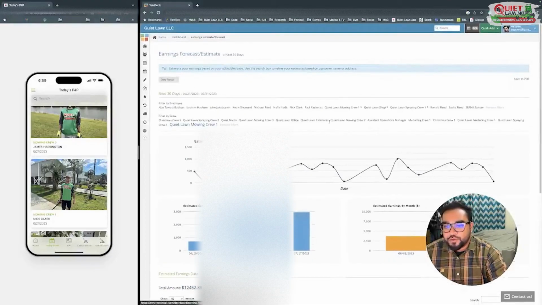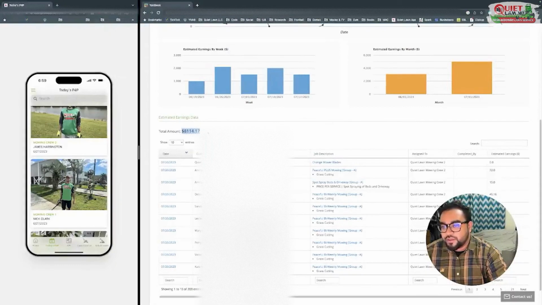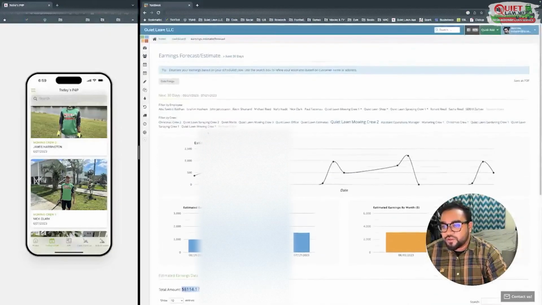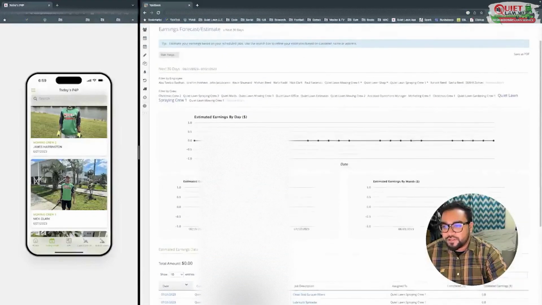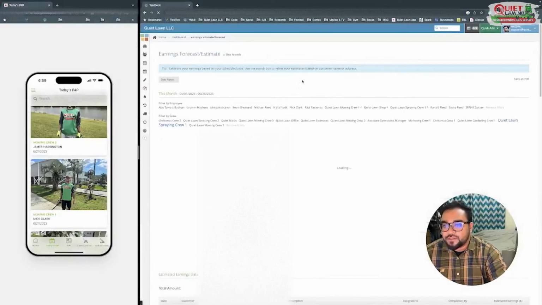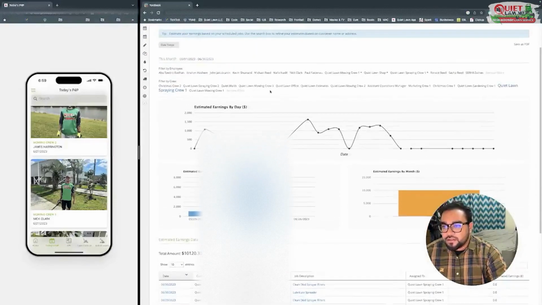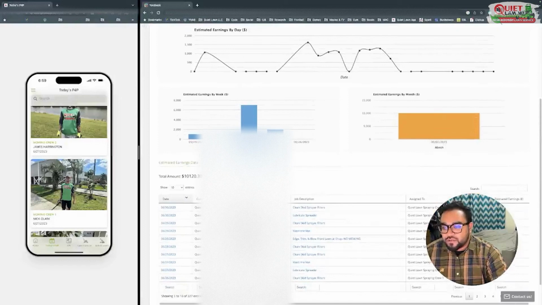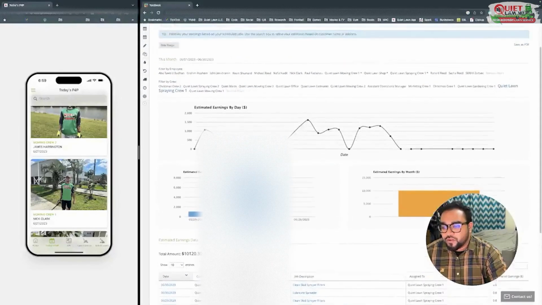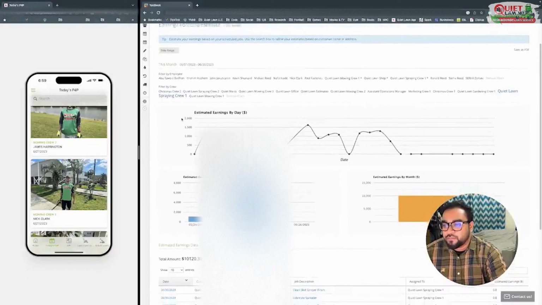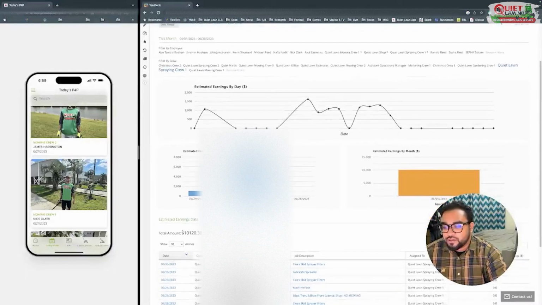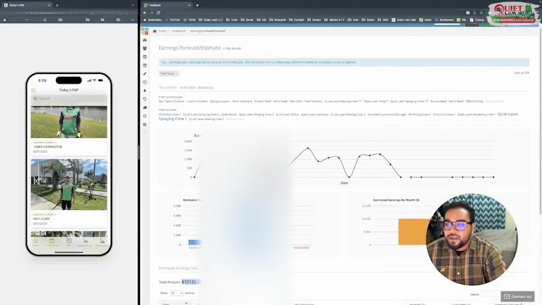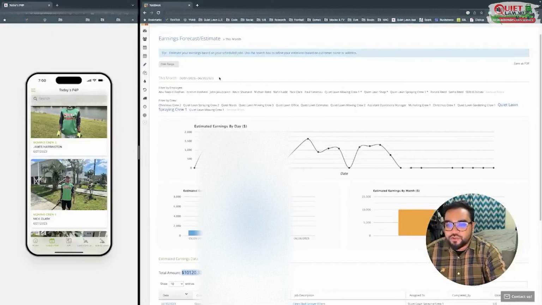If I choose Mowing Crew 2, they're supposed to bring in about $8,000 in revenue or production. Same thing with Spring Crew 1 or Spring Crew 2. For the next 30 days we don't have any jobs, but Spring Crew 1 is supposed to bring in $10,000 in revenue this month. We don't have all the jobs scheduled, but the jobs we have to do this month are supposed to bring in $10,000 in revenue. But yeah, this is how you project how much your crews are going to make,